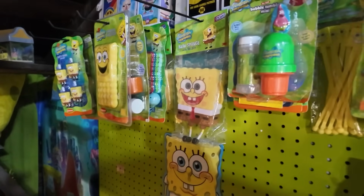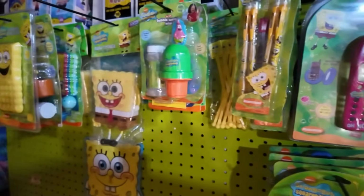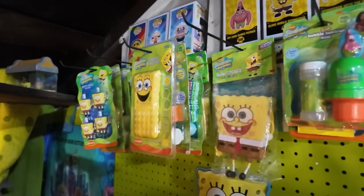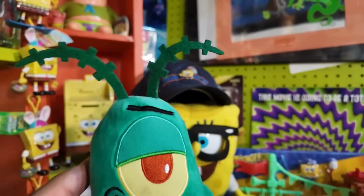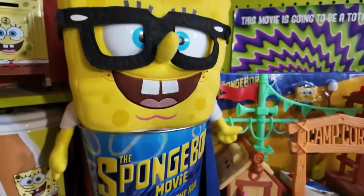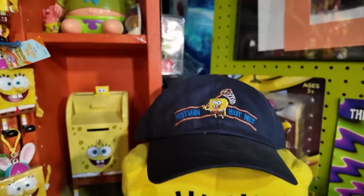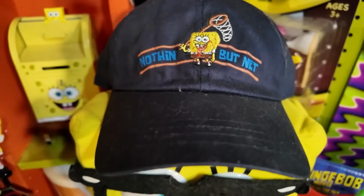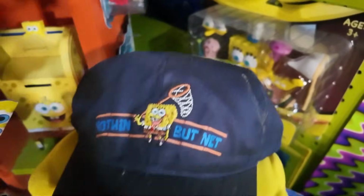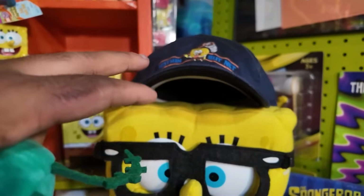And who knows, maybe one day if I have enough space, I would just have a whole room of these so we could just put all the different items on there in the most organized fashion. Right here, I did have all of the Sponge on the Run figures, the plushes. It does make sense, but I put the Talking Bob here. He still has his tag on him, and I put the Nothing But Net hat, also Green Label, with the tag on it, on top of his head, because he is in a jellyfishing costume here,